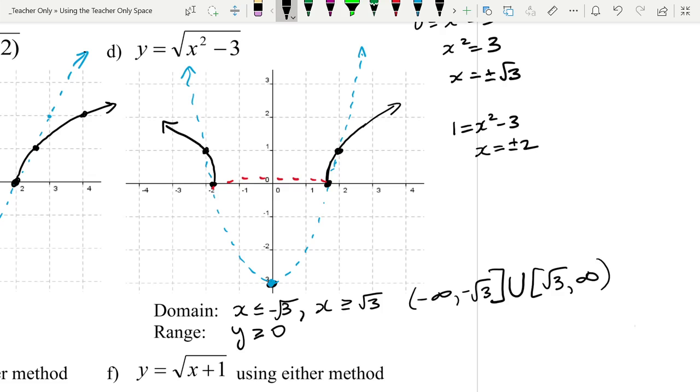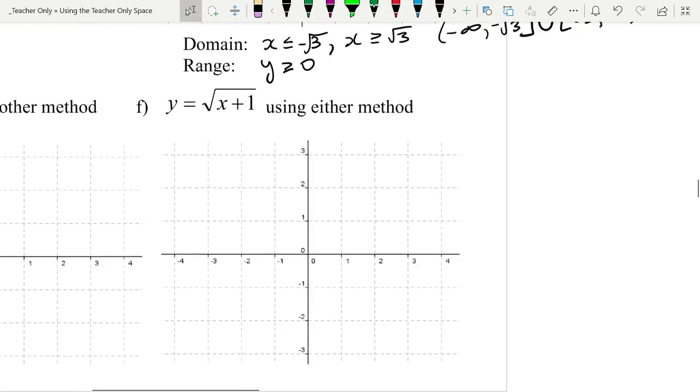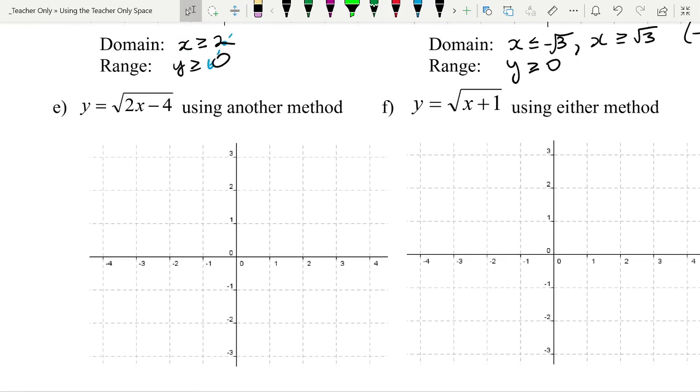Okay, so now this one here, it says using another method. So in other words, they want you to go back to the 2.1 method. So this is the 2.1 way of doing it. So how do we do this one the 2.1 way? Well, if we do it the 2.1 way, maybe we should have done that first because that was where it was already factored for me. So I have to start with my parent function of the square root of x. So this is back to 2.1